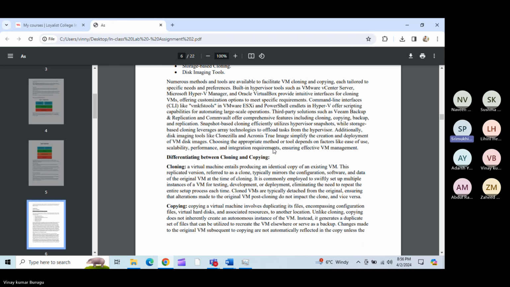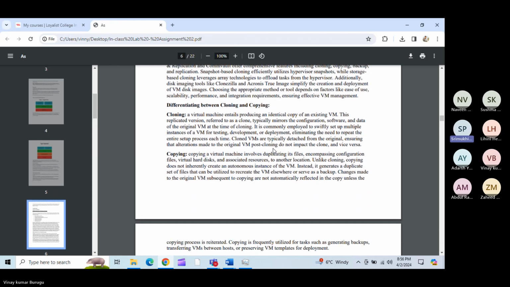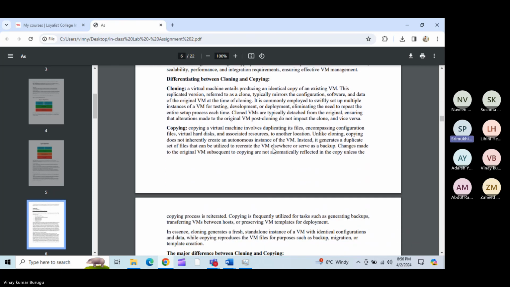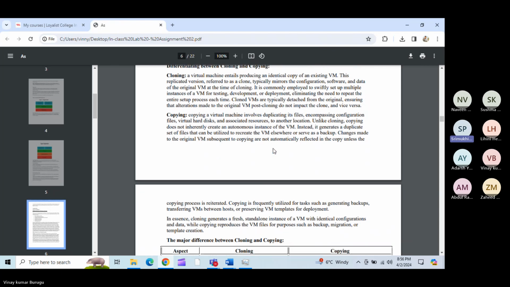ensure smooth VM management. Then, coming to the differences between cloning and copying, the major difference is that when we clone a VM, we are essentially creating an identical twin of the original VM. This clone operates independently from the original, meaning that changes made to one instance won't affect the other. Cloning is often used when you need multiple identical instances of a VM quickly, such as in testing environments. It creates a new set of VM files with unique identifiers, essentially building a separate entity from the original